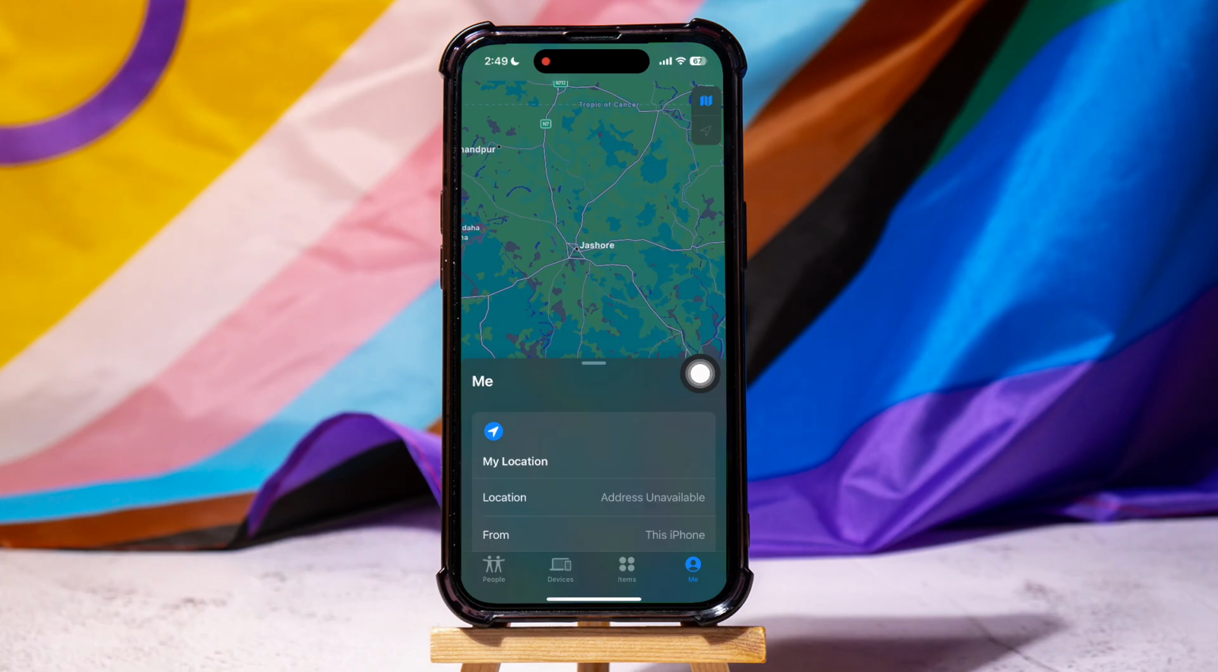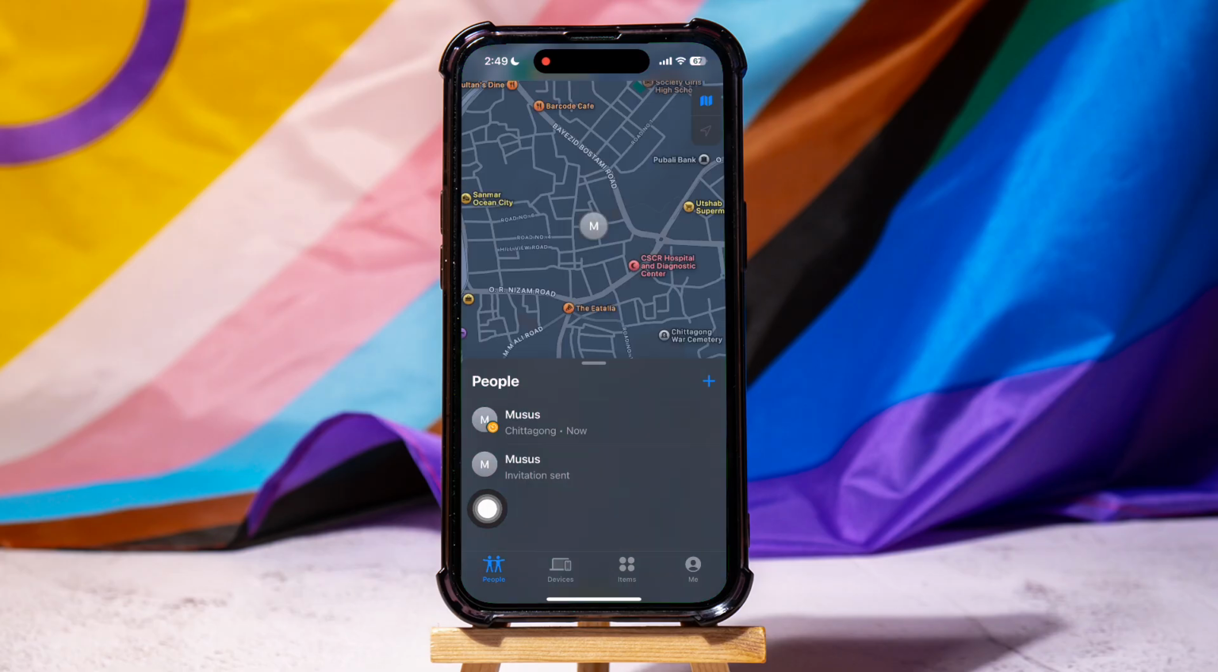Find My helps you locate your Apple devices and friends who share their location. Once you're here, you can view a map of your location and a default menu. Go to the bottom and tap on the People tab, as shown, to view all the people who have shared